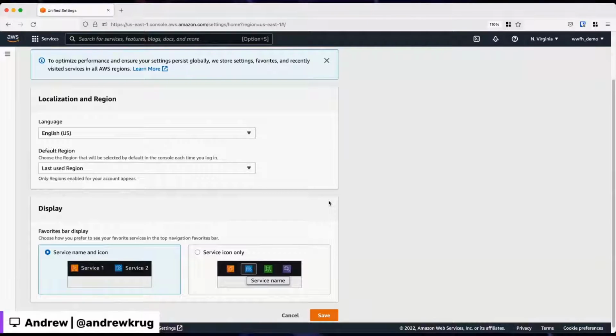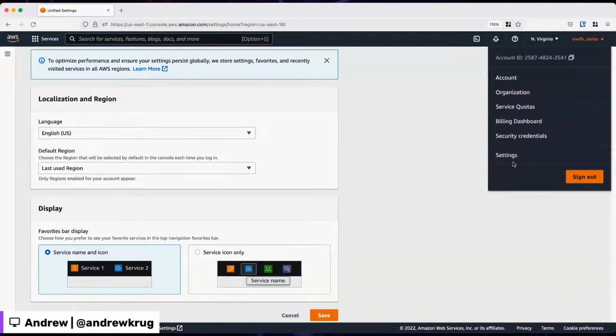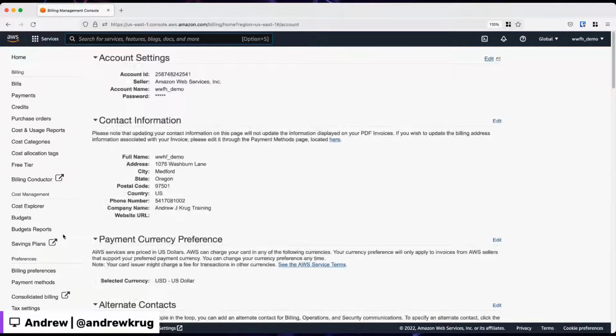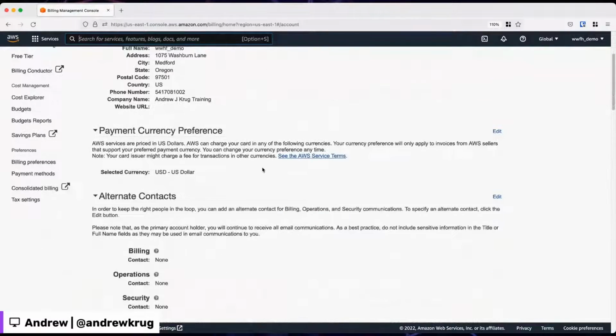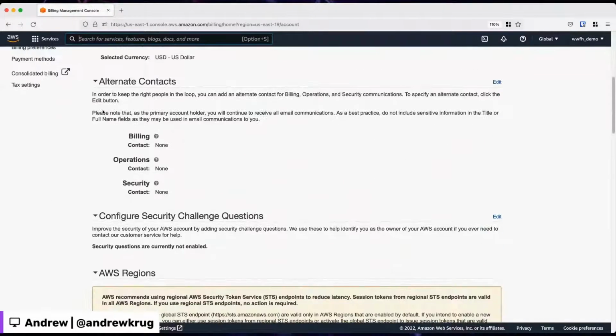It is not deployed in the way that is the most secure by default, or even onboards you in a way that's secure by default. So the fact that you have this highly privileged user when you sign in that doesn't even really have multi-factor authentication is a problem. So if we were to scroll down through all this, you can see like you have